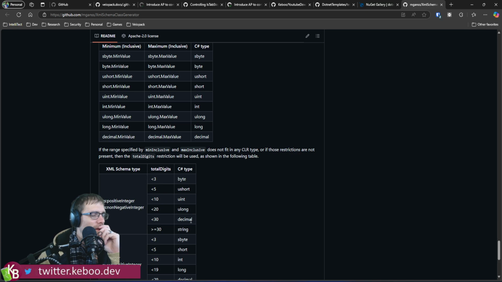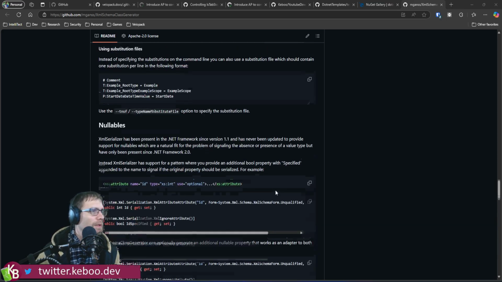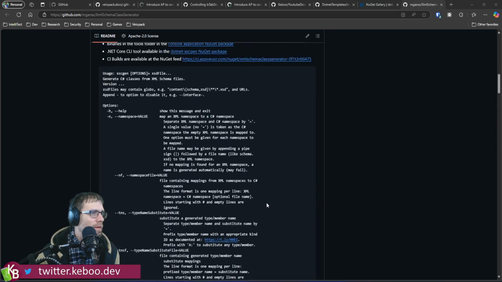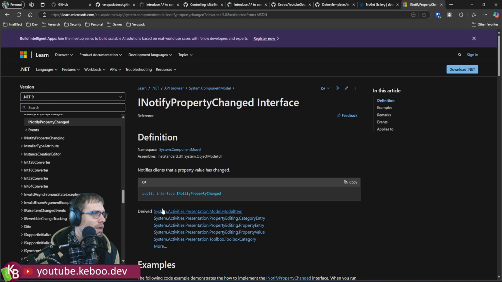So yeah, no, I realize it's a .NET global tool, but I was hoping to land on exactly where it was. Optional support for INotifyPropertyChanged, and all that stuff. Yeah, so